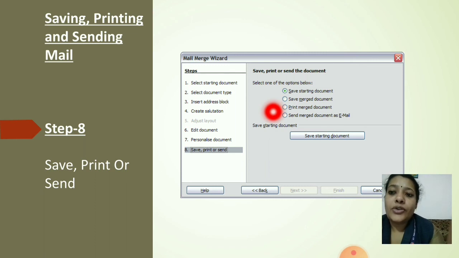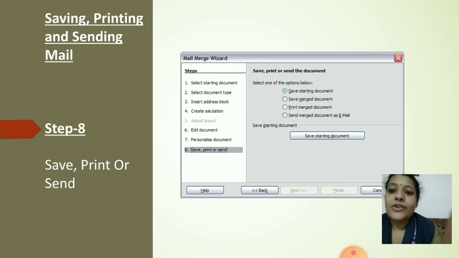You can click on print merge document, so you will get a hard copy. And the last part is send merge document as email. When you click on this, the particular data will be sent in email form to all the recipients.